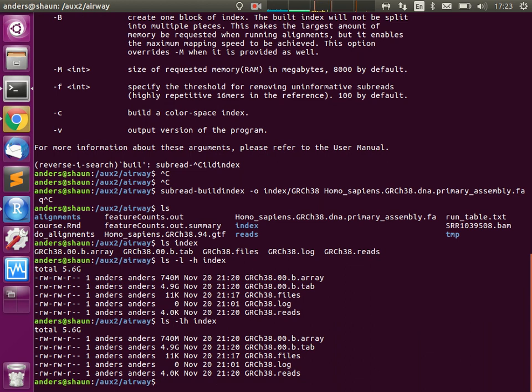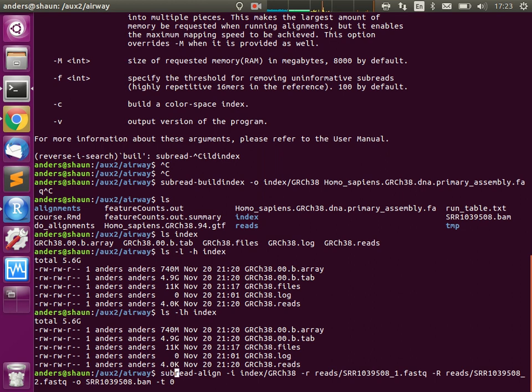Now we have our index. Our next thing was to align the files. And for this we used the command ./subread-align. And again, you see here it gives us an index, it gives us reads. This time we have -r for the first read set and -R for the second read set, and then an output file -o for the BAM file. And then this extra thing